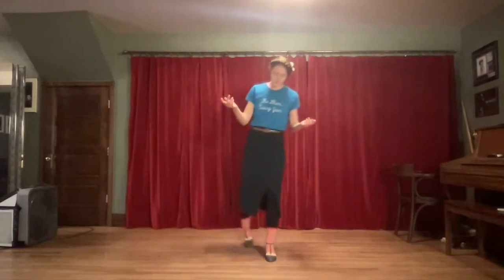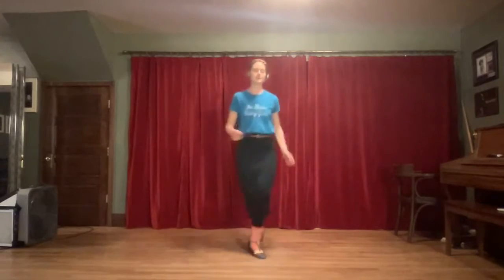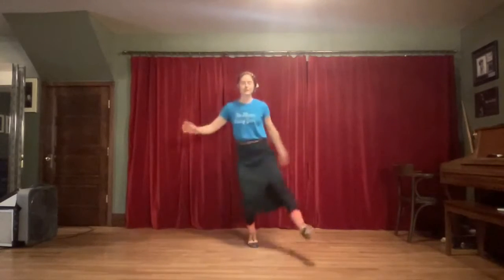Hey, hey, hey. 1, 2, 3, 4, 5, 6, 7. And I think I like that the end of the kick is on the evens, as opposed to the end of the kick here being on the odds. So I think I like the squashing them together. So right now I think what I'm doing is a touch, cow tail, touch, step, and a touch, kick, cross,